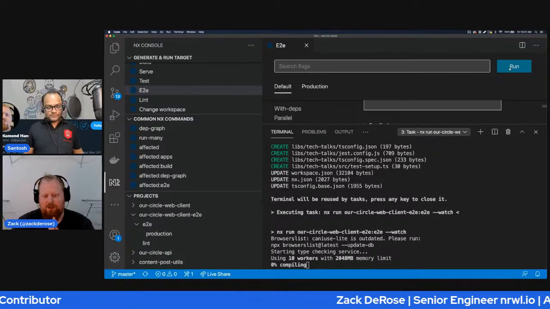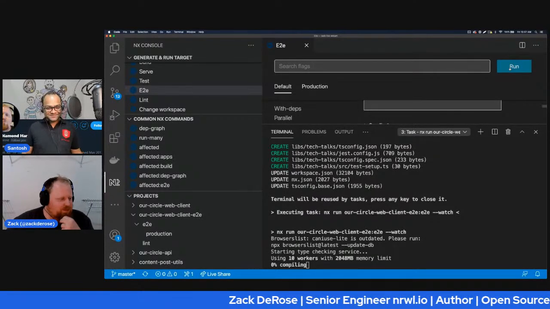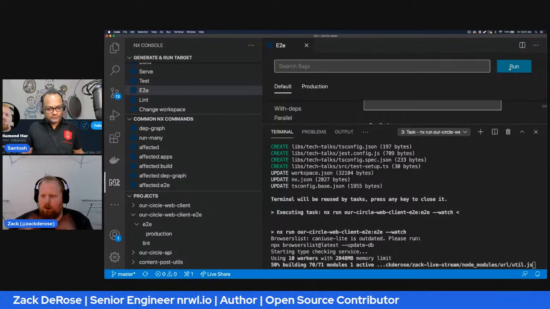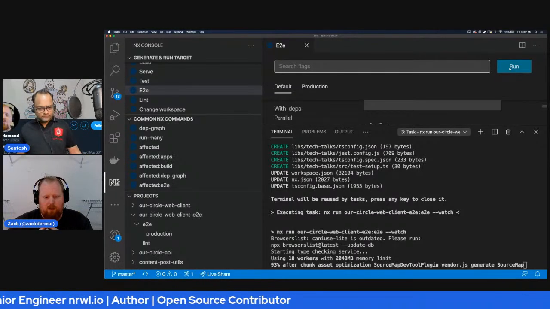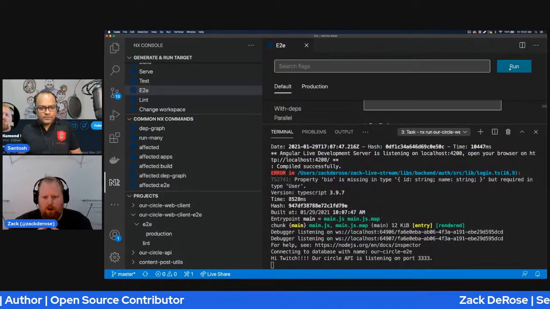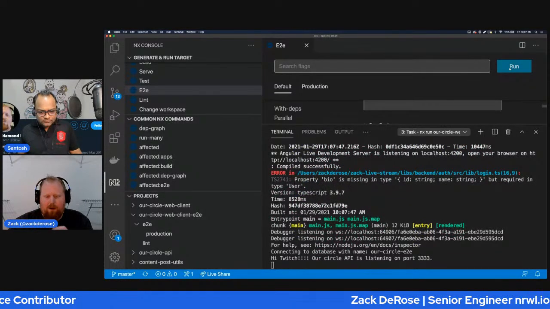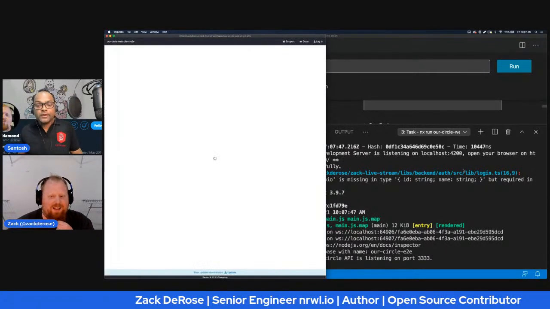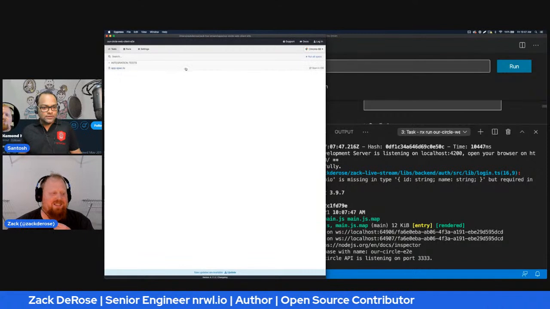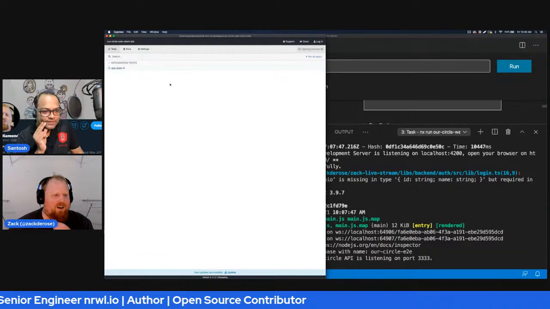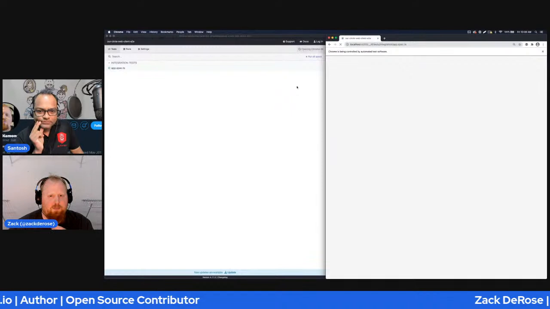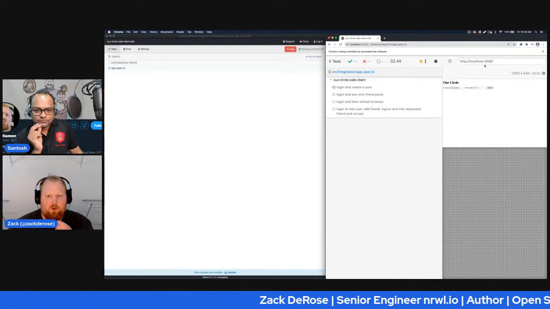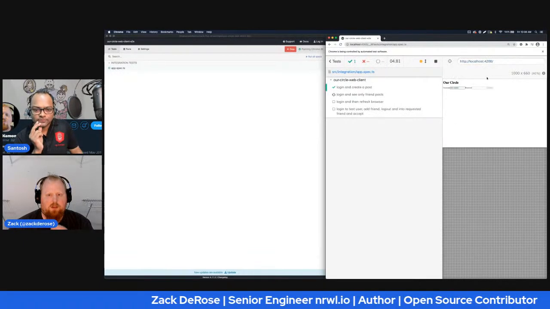So we'll see if this works. I'm crossing my fingers right now, but what it's doing essentially is, like I said, going out and serving our Angular client. It's also going to serve our Node client. There was an error that makes me worried, but it looks like it's still going. Let's go ahead and try it. I'm going to click on our spec file. Cypress knows, I configured it, that we're going to go to localhost 4200. And it looks like things are running.